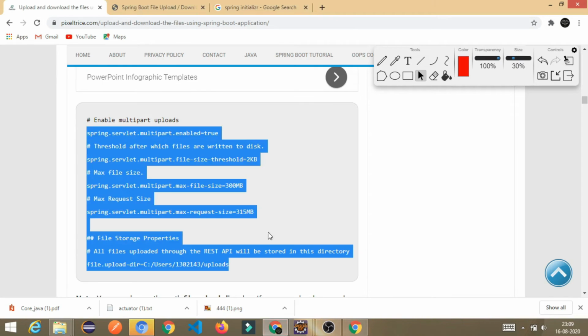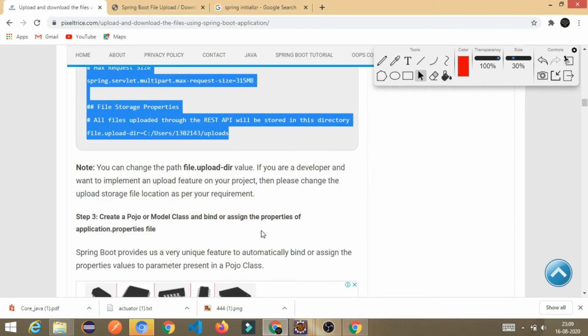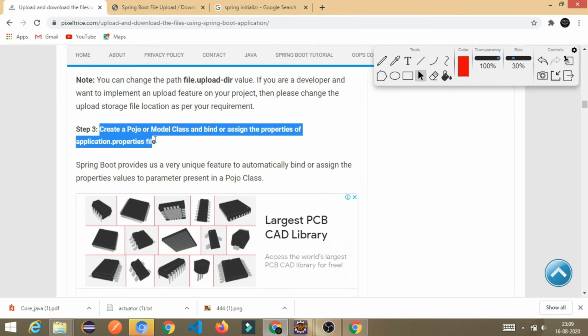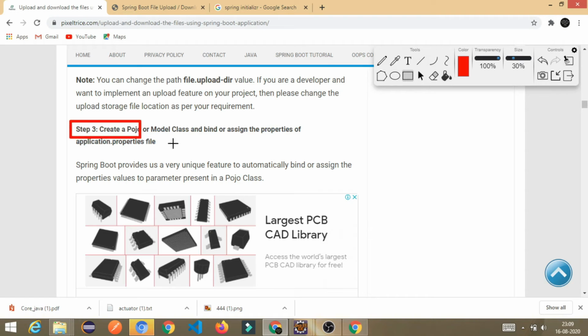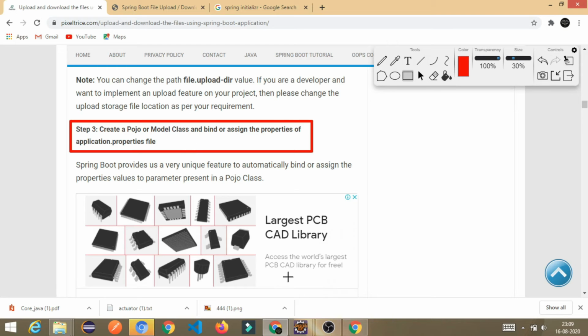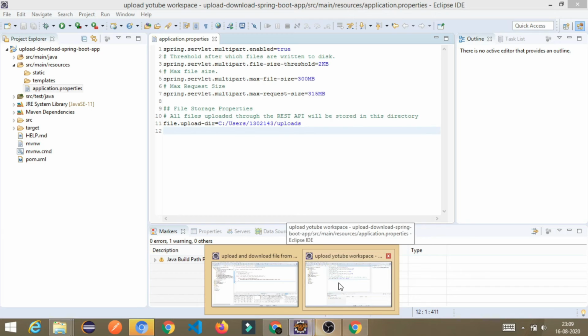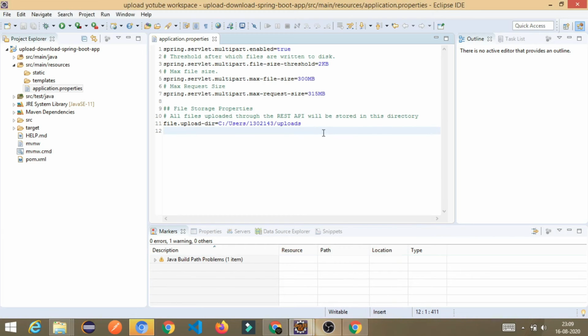Now come to the next part. This is the first step, you have to follow it. In the next step, we have to create a POJO class. In step 3, we have to create a POJO class for binding all the properties. For example, this is the properties file.